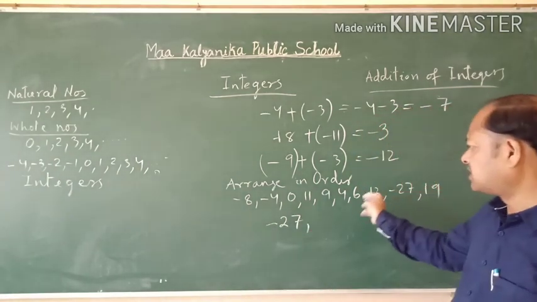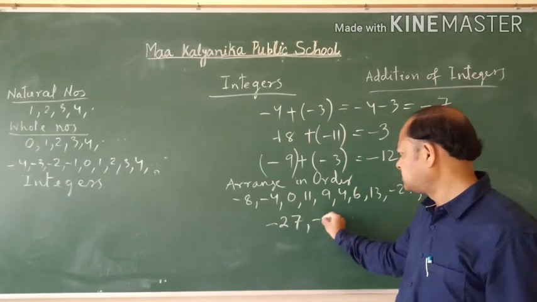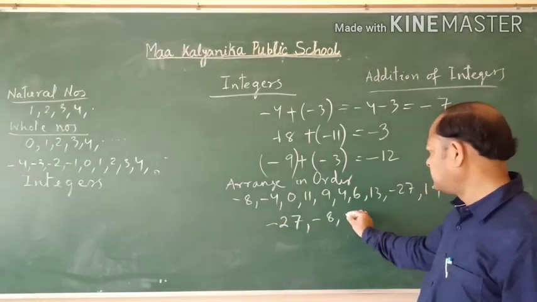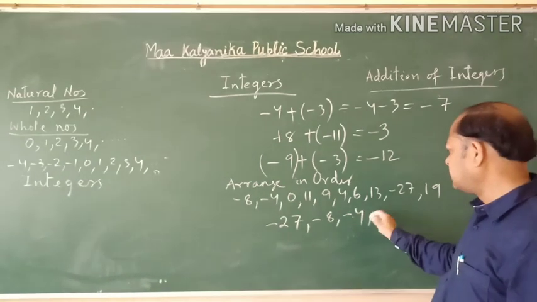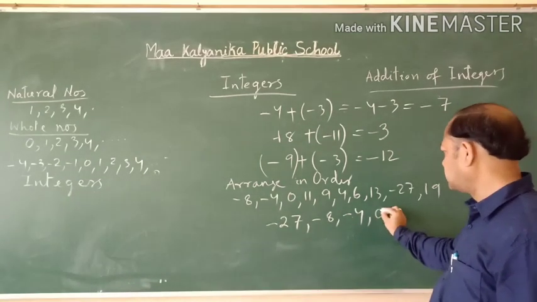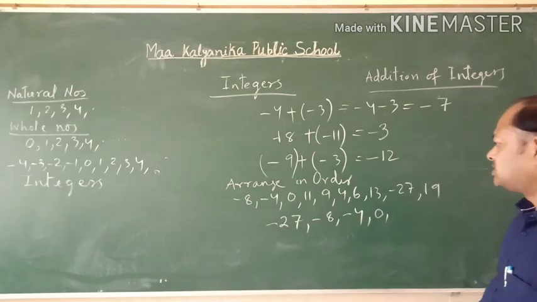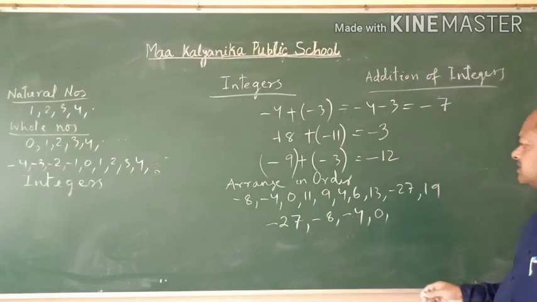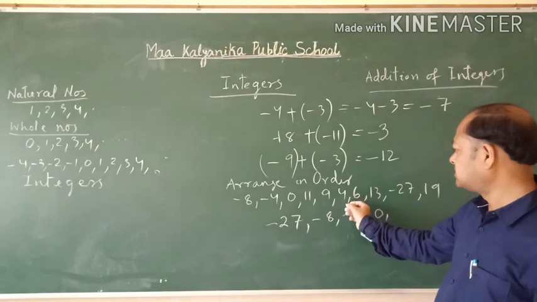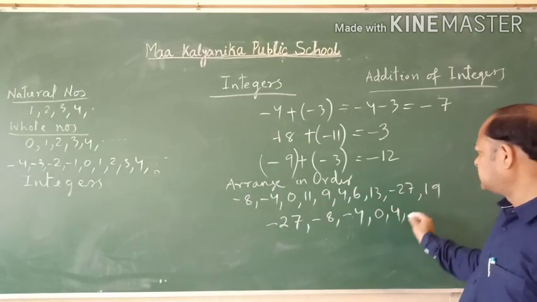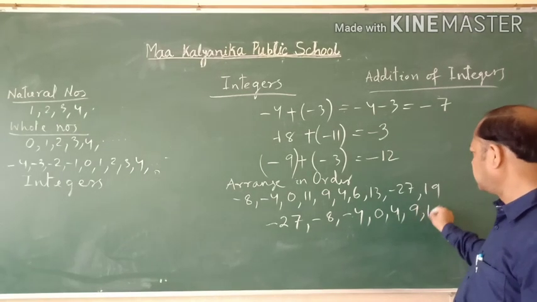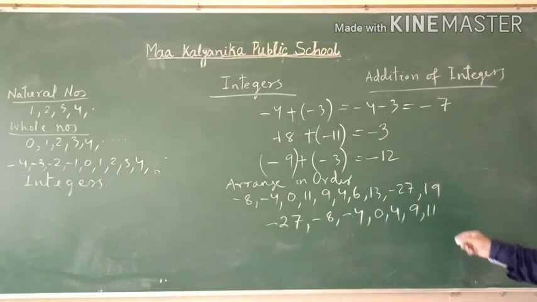Next, which is smallest? Next up to that is minus 8. After that minus 4. The next number will be more than minus 4, that is 0. Now coming to the positive integers. What are the positive integers here? The smallest positive integer here is 4. After 4 the number is 9, then 11, then